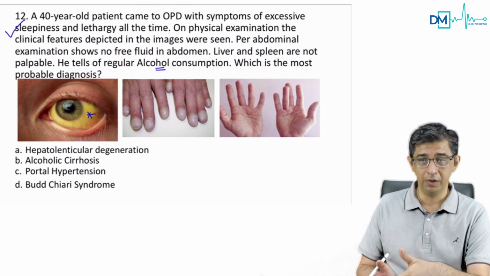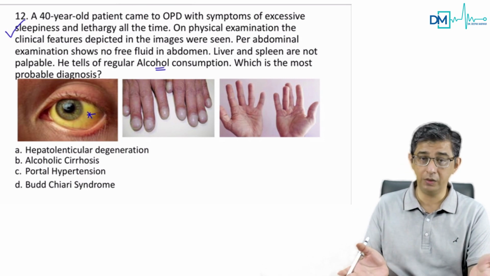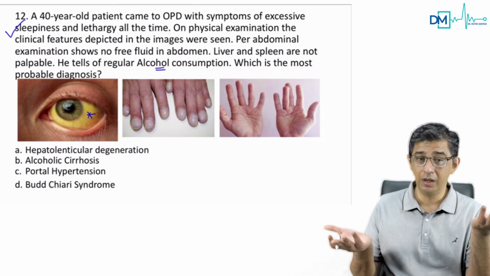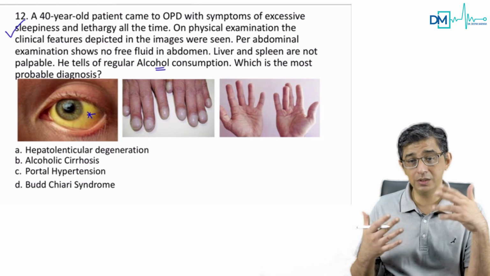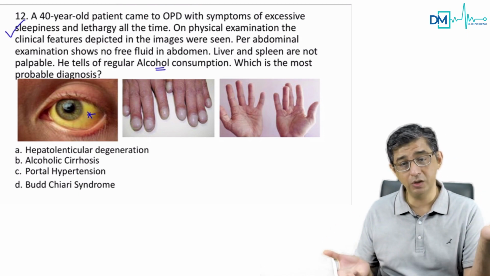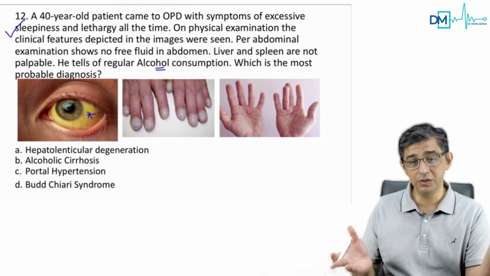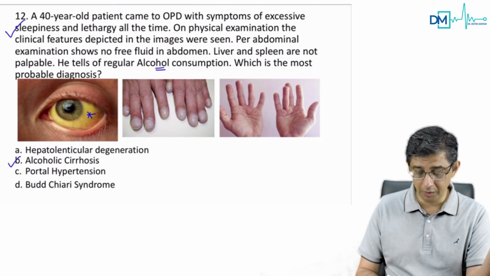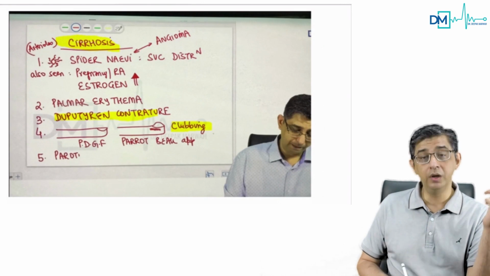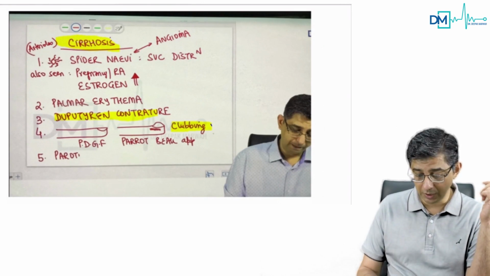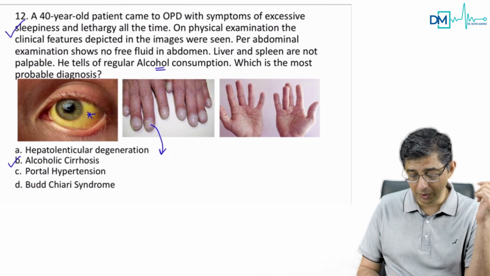An alcoholic chap feeling lethargic for most part of the day because he had damaged his liver. He's having jaundice because his liver damage has decompensated. So what is the presentation, guys? It is a decompensated alcoholic cirrhosis. And what is the second image showing? In fact, I have highlighted this in the app. You can see through the discussion. I've highlighted there is clubbing, and that's the clubbing manifestation.